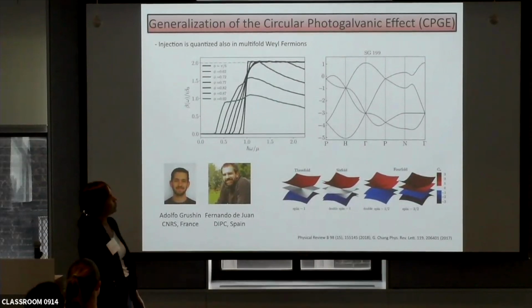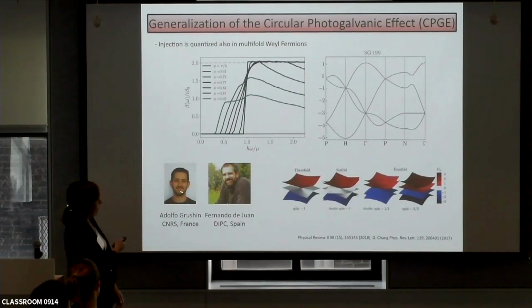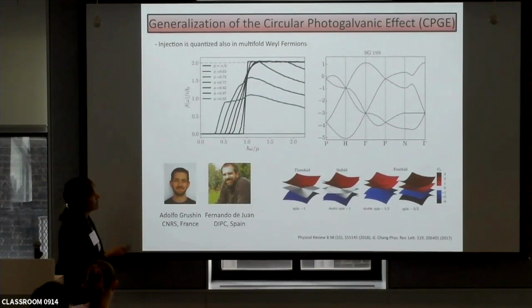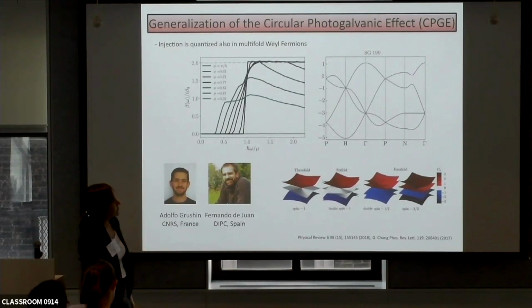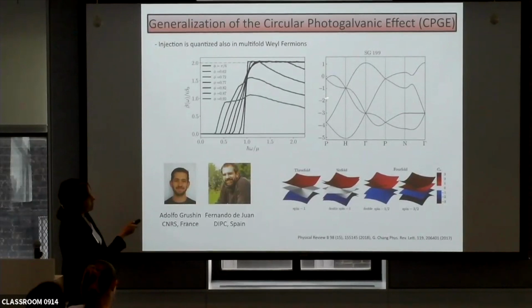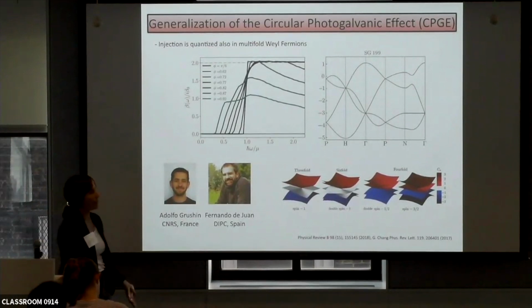So considering a K.P. Hamiltonian from our original paper, they simulated the CPG for a band structure such as this one. The K.P. model depends on one parameter that actually describes the shape of the bands. Because if we have two linear dispersions, it's easy, but when we have high order nodal crossings, the dispersion of the bands is important. So the response is going to be different, for example, if this band is completely flat or not. So what they prove is that for some values of the parameter, we can actually see the quantization in these